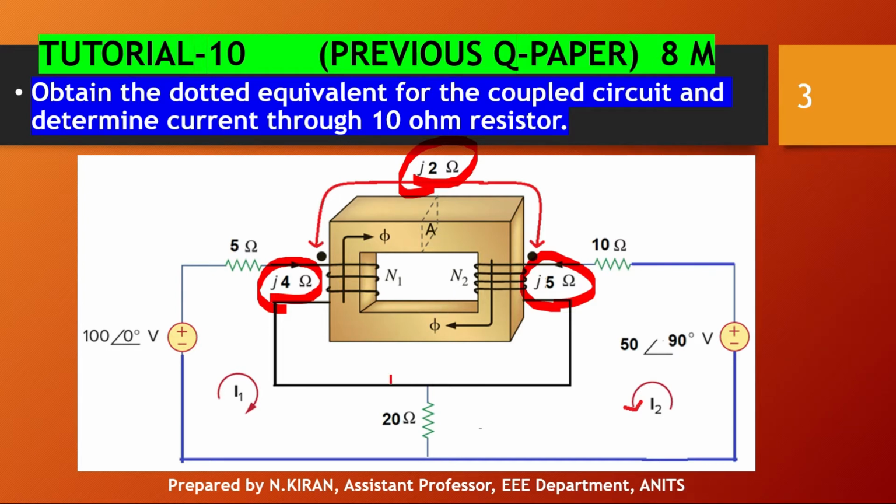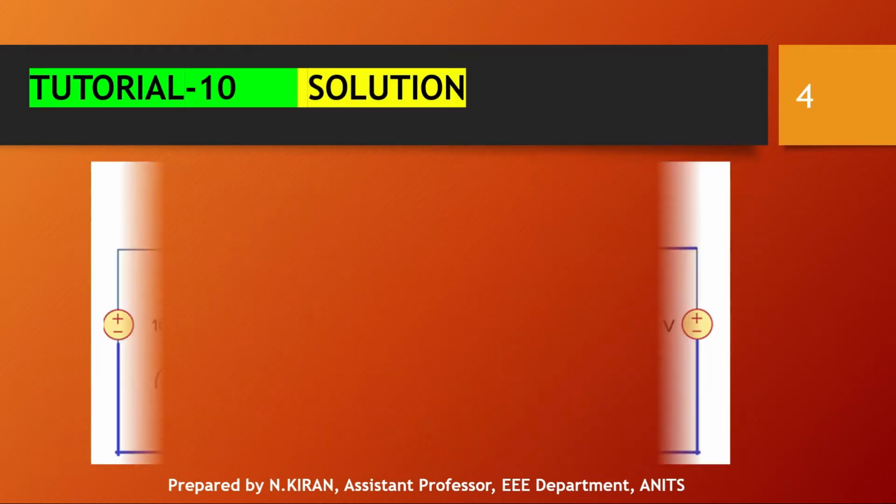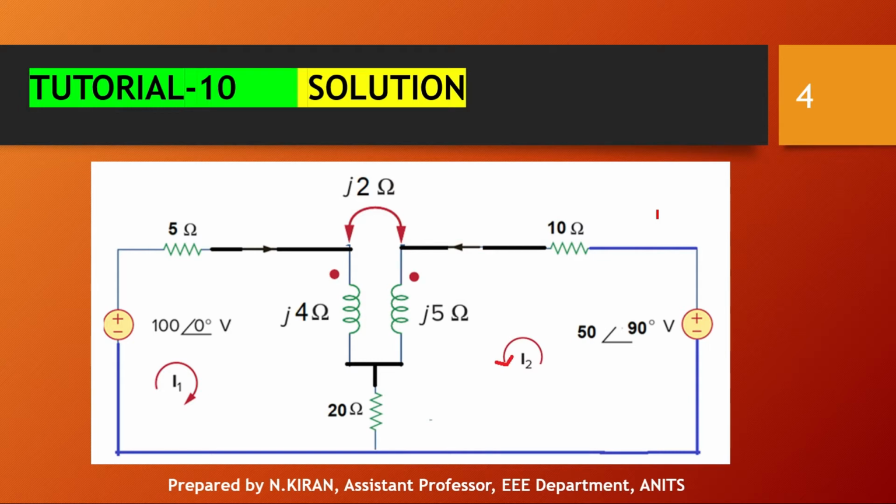Redrawing the given circuit according to our convenience. I can treat the primary coil of the transformer as one coupled coil and the secondary coil of the transformer as another coupled coil, and dots are placed at the top of each coupled coil. So I can redraw this in this manner. As you can see, self-inductance of the transformer primary is J4 ohms, transformer secondary inductance is J5 ohms, and mutual inductance between the two coils is J2 ohms. So this I have to convert into electrical equivalent